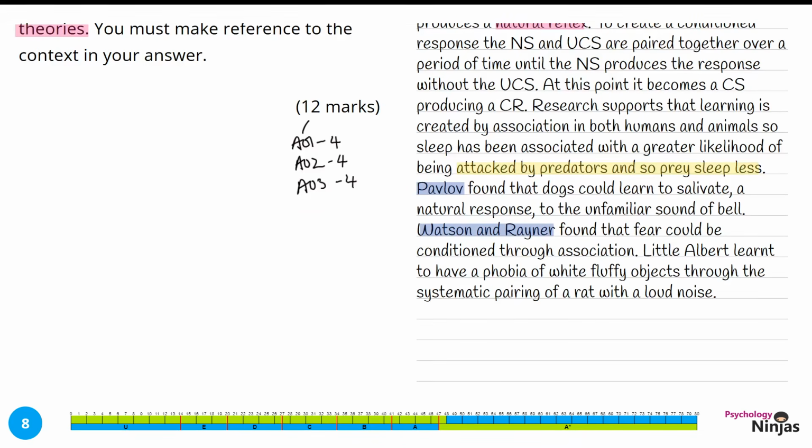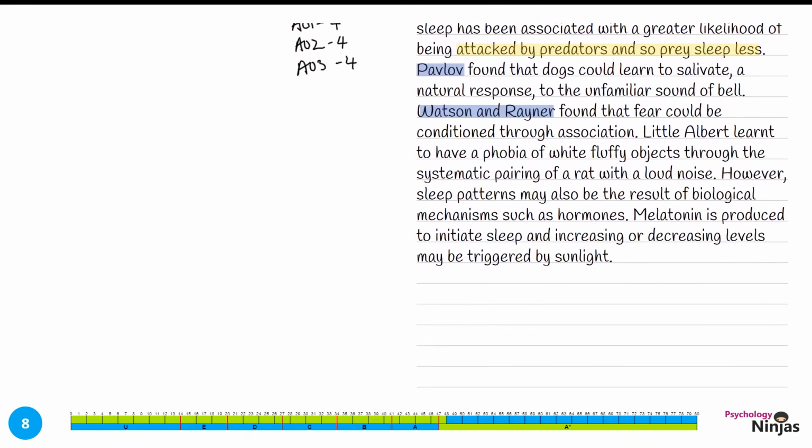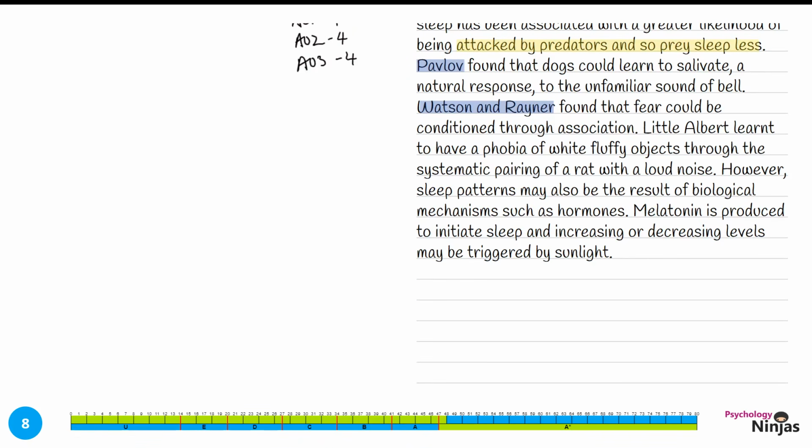We're going to counteract this now, giving a counter-argument of an alternative that might explain sleep. However, sleep patterns may also be the result of biological mechanisms such as hormones. Melatonin is produced to initiate sleep, and increasing or decreasing levels may be triggered by sunlight. So our alternative here comes from hormones. We've gone for a specific hormone related to sleep, which is melatonin. However, we might know some other ones like adrenaline as a response to threat, which might be more similar with our